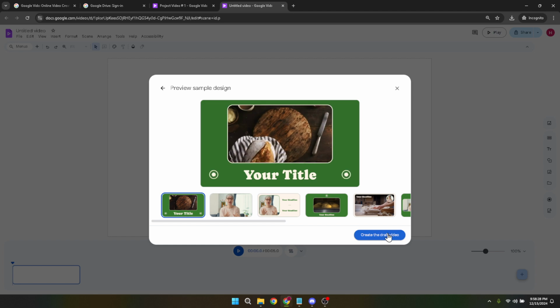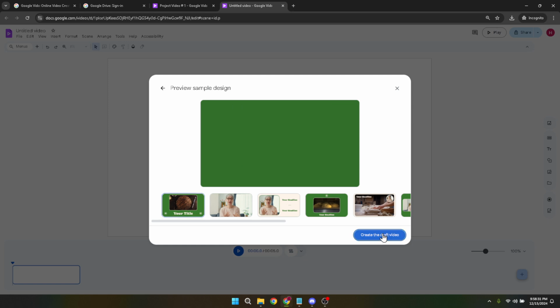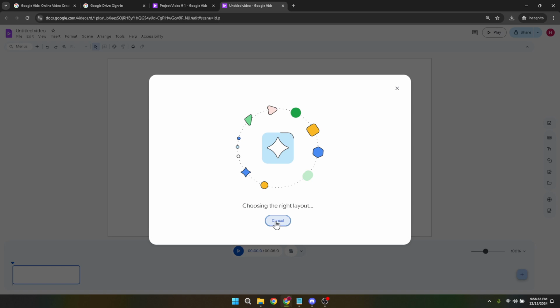Google Vids takes everything you've input and selected, then stitches it all together into a draft video. This draft video isn't the final product though. You now have a foundation to build on. You can further edit this draft by adding your touch, be it additional text, images, or tweaking the narration. Google Vids simplifies video creation, but your creativity in the editing phase can truly make it unique and tailored to your needs or brand. Here are some additional tips to enhance your video creation process.